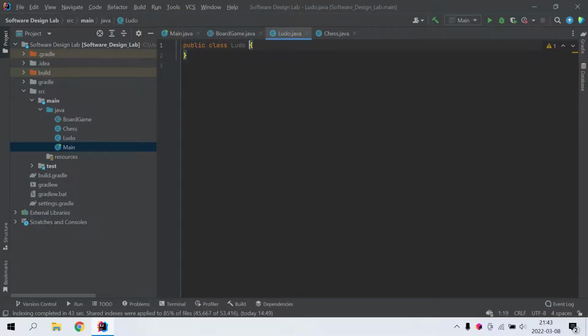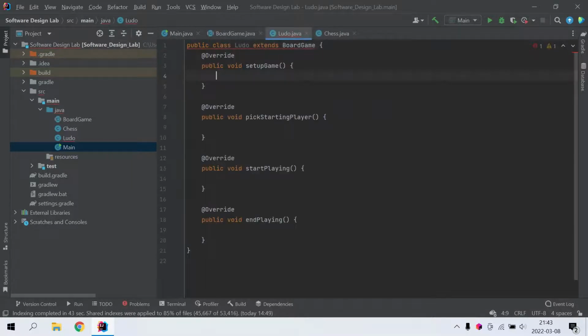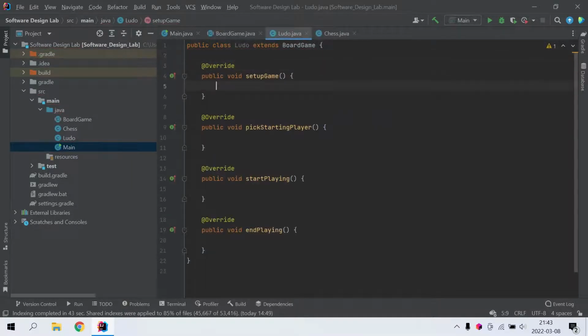So in our Ludo class, we first want to make it extend BoardGame, since it is a board game. And then we want to implement the methods that we need to, like we just defined. All right, so these are the methods. For this example, we'll just be printing messages for these